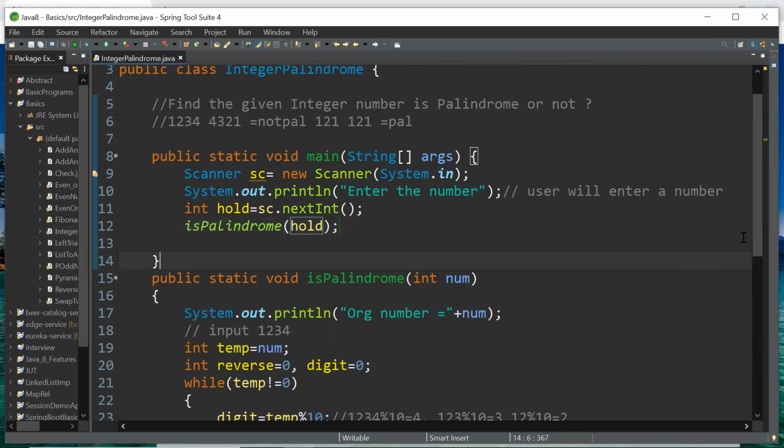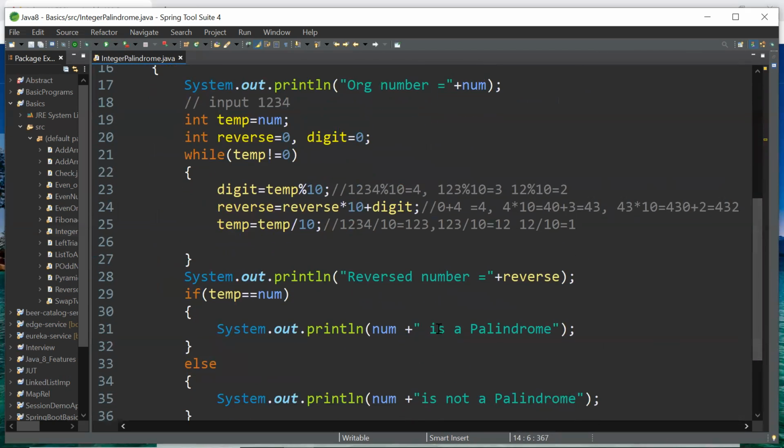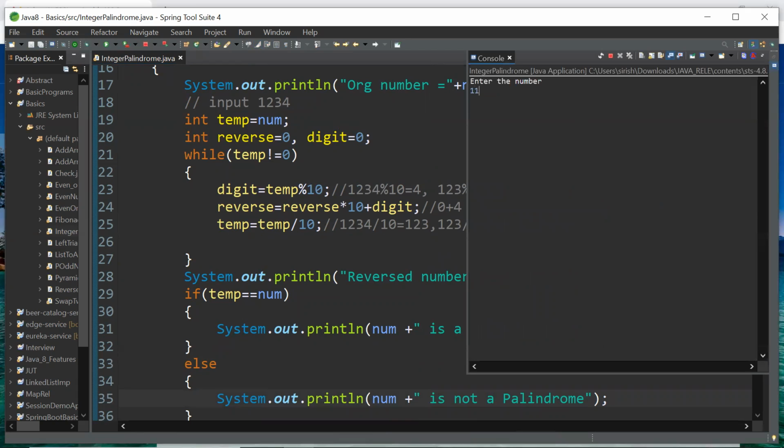Again, I'll give another number, 11211. It's a palindrome. Original number is 1121, the reverse number is 1121.